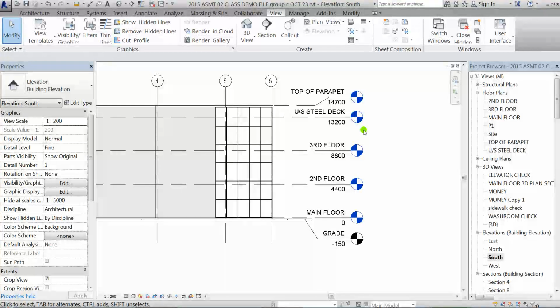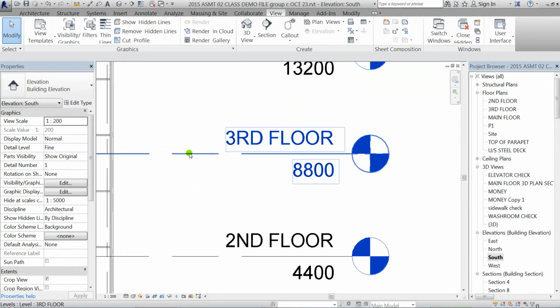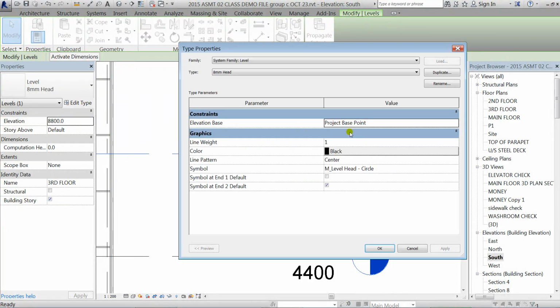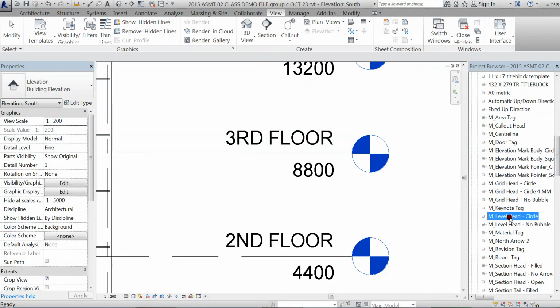So the same process applies to these datum lines, my geodetic symbols here. If I just click on the level line and then go to Edit Type, I'll see that it's using this file here, the m_levelhead_circle. So I'm going to find that one in the browser, make a new version of it, load it back into the project, and then swap it out right here in this dialog box. So I'll look for m_levelhead_circle, which is right here. Right click, select Edit,